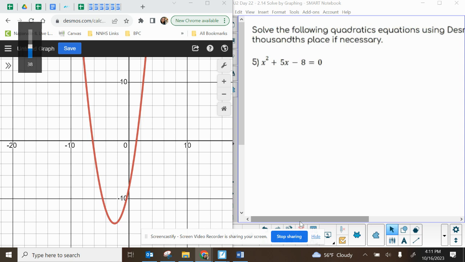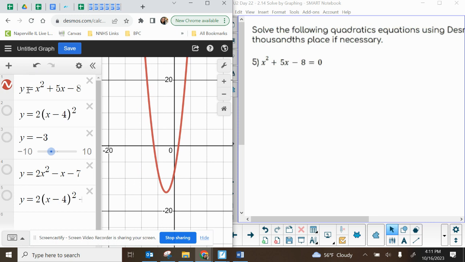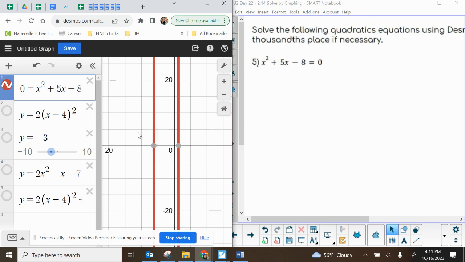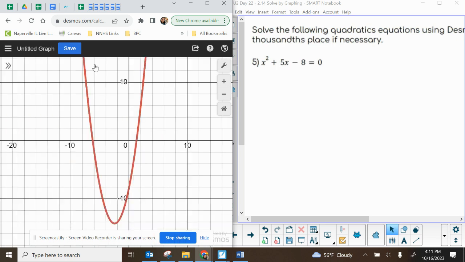Okay, so talking about solving by graphing, we are going to use Desmos, and it says using Desmos, round to the nearest thousandths place. Just a reminder that when you do use Desmos, if you put in all this stuff equals zero, you're just going to end up with a graph that looks like this. And I want it to look like a parabola. So that is why I'm going to graph